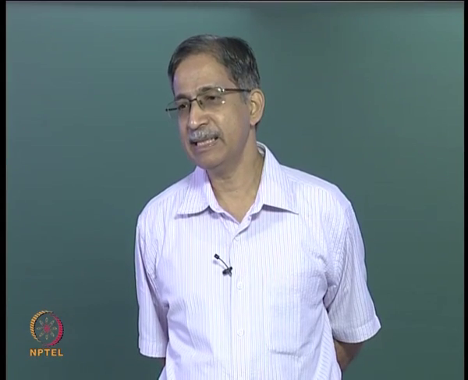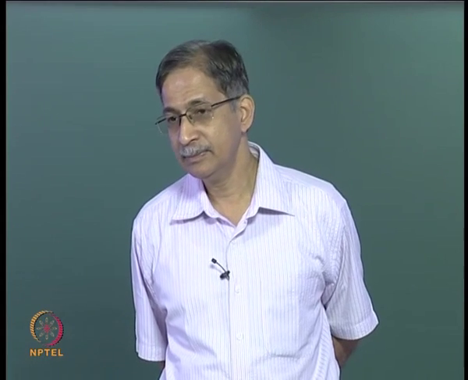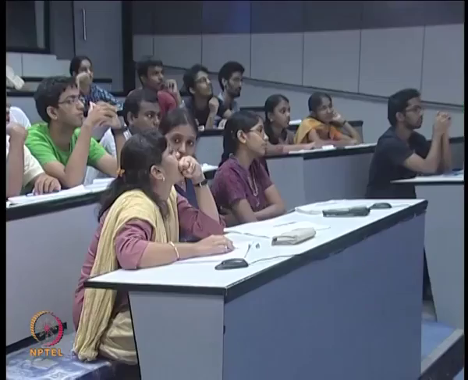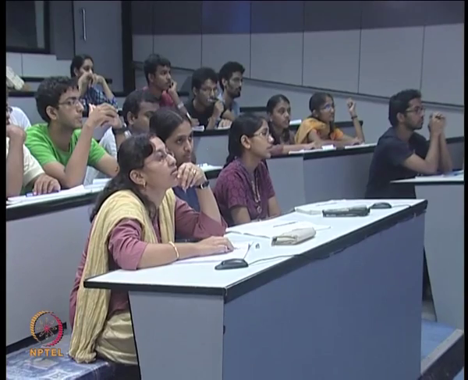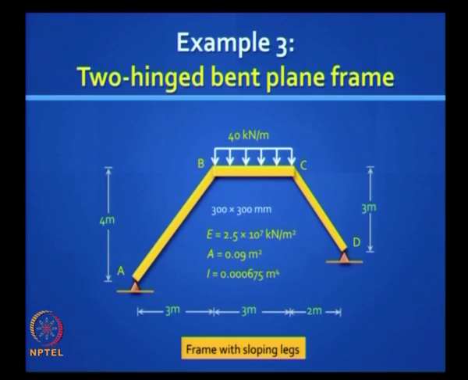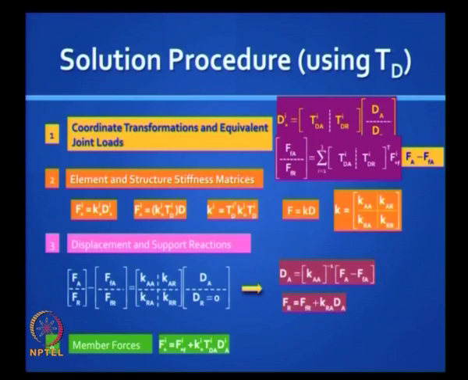What is the degree of kinematic indeterminacy? 2. How many active degrees of freedom do we have in the conventional stiffness method where we do not take any shortcuts? At A, how many active degrees of freedom do we have? 1. At B, 3. At C, 3. At D, 1. It adds up to how many restraints? 4. Okay. The method of analysis is identical to the previous problem, except that here luckily we do not have